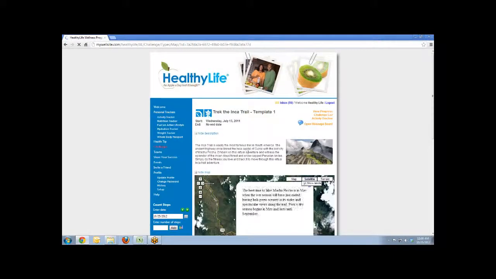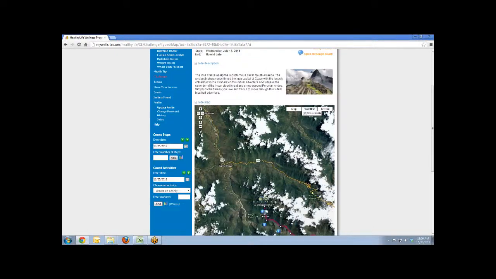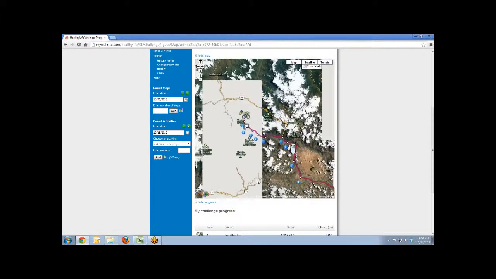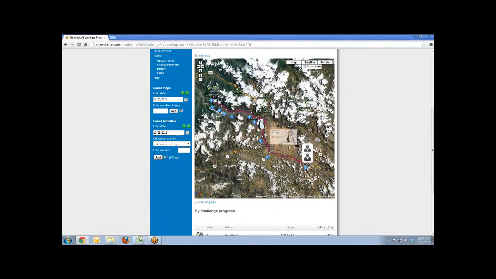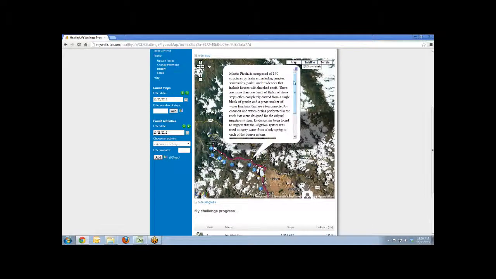This particular challenge is a steps-based physical fitness challenge. It's a trek up the Inca Trail in Peru up to Machu Picchu. And you'll notice that the challenge map here shows that route. As I track and record my activity, I can follow along as my avatar moves across this path. And I'll receive pop-ups when I cross certain information points,